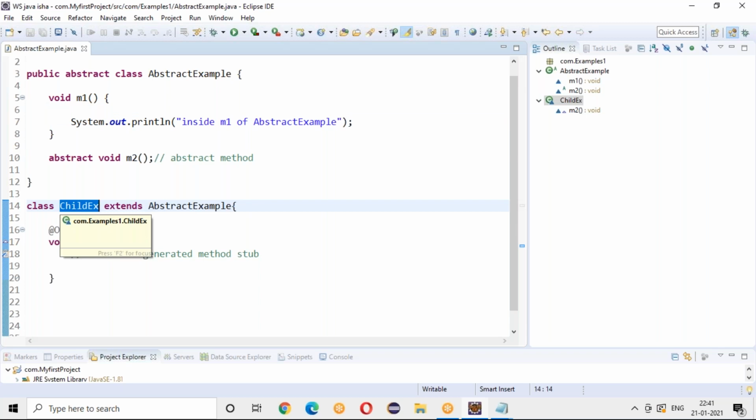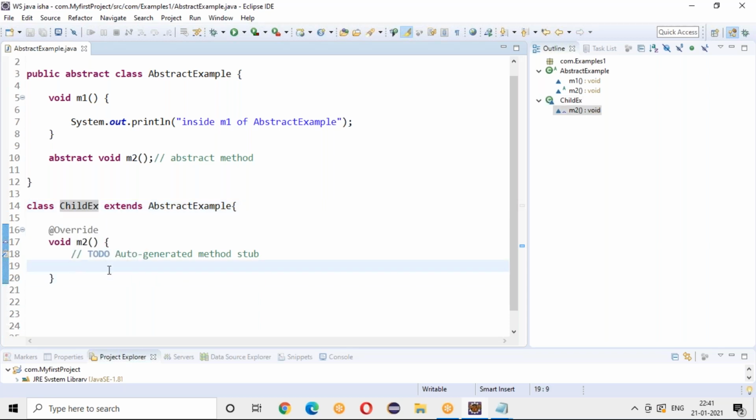Obviously, if I create a child object and call the M1 method, the M1 method which is present in my parent will be executed. So this is how you will execute the non-abstract methods that are present in your abstract class. I can just write here system.out.println. You may have a question: why do you need to do all this? Why can't I just declare this method here itself and write the logic? Why are you declaring a method as abstract in some class, overriding it, and writing the logic in the child class? You have this question, right? I'll be answering it.